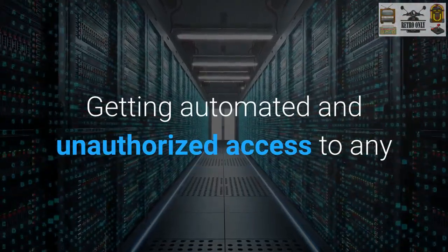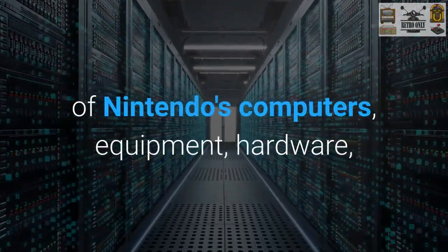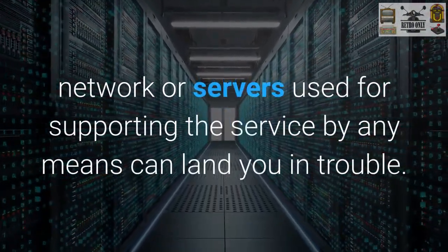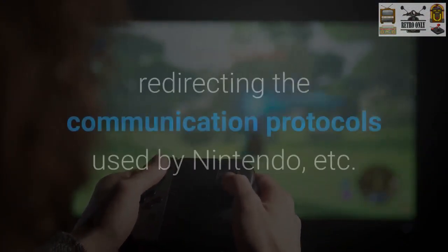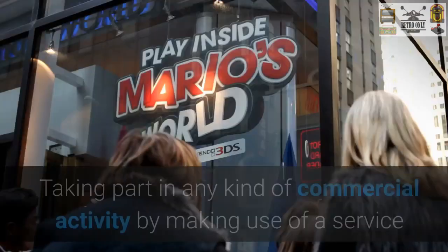Getting automated and unauthorized access to any of Nintendo's computers, equipment, hardware, network, or servers used for supporting the service by any means can land you in trouble. And by any means includes by reverse engineering, emulating, redirecting the communication protocols used by Nintendo, etc. Taking part in